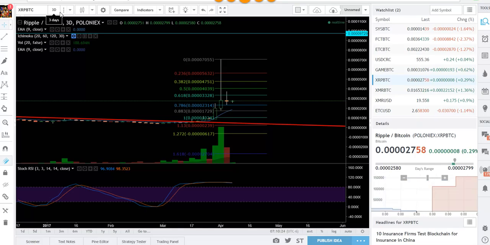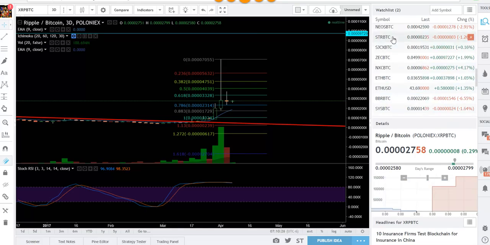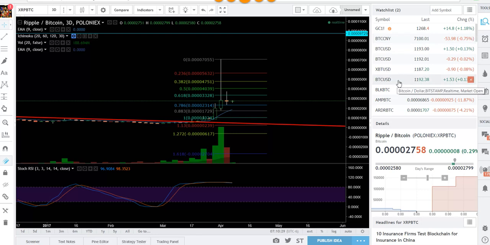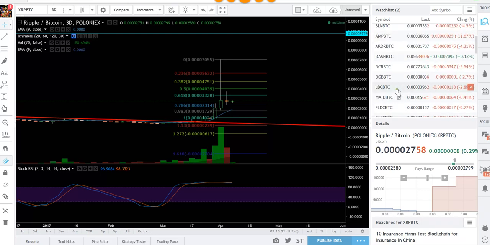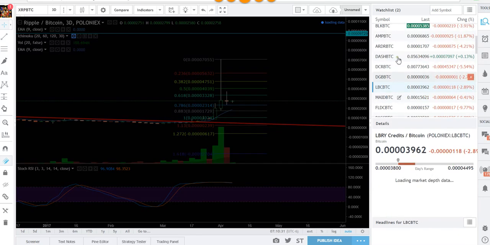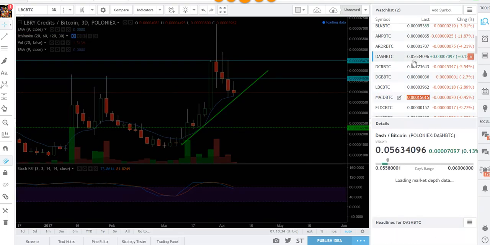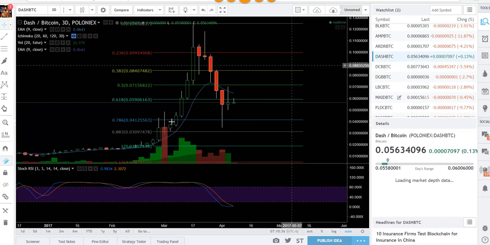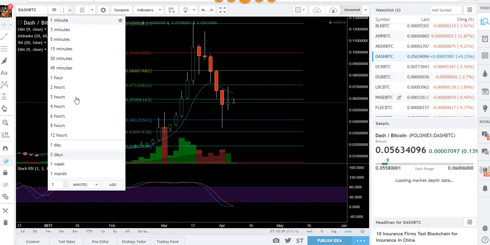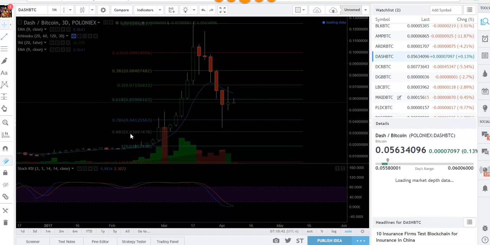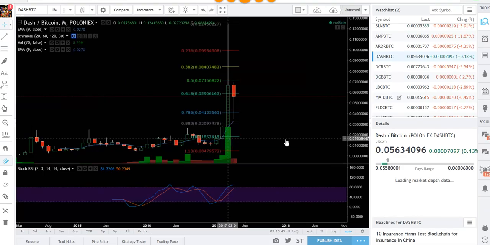Like let's look at Dash now, because Dash just went through a large move. And it's actually still strong on the monthly. Still strong on the monthly. It's getting a 3-day crossover too. Okay, well, let's check this out. Dash here,